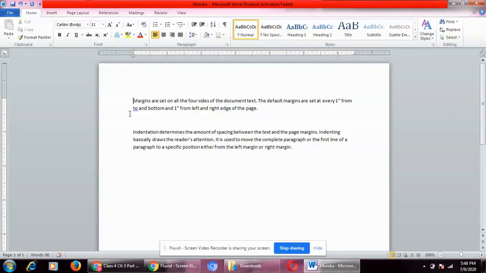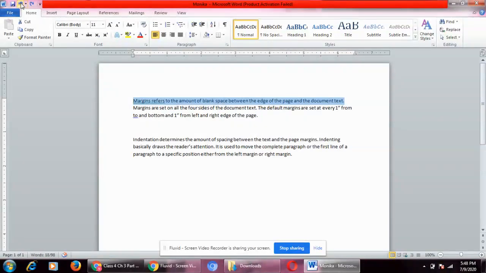Now, for example, let's say that by mistake I have deleted this line. What to do? I want this line back. So I will go to the undo button and press it. Can you see, class, that the particular line which I deleted has already appeared on the screen? Redo, as I told you, is to reverse the action of the undo button.